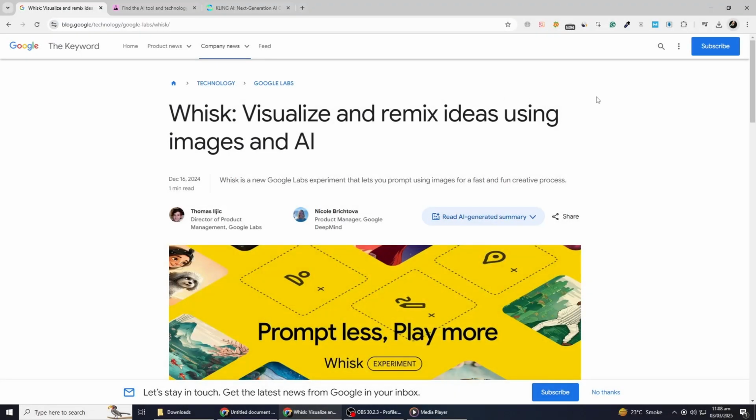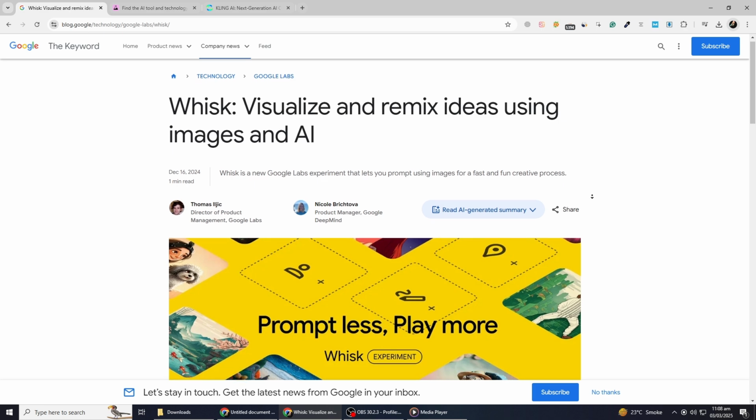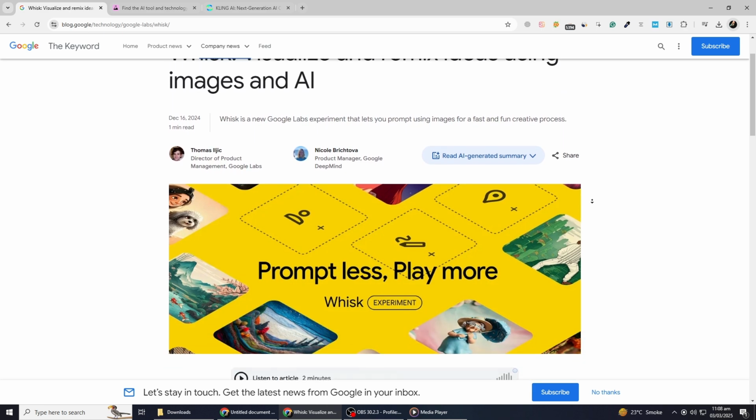Hello everyone. Welcome to this comprehensive tutorial on how to use Google Whisk AI image generator to create stunning images and potentially make money online. In this video, you'll learn everything from accessing Google Whisk to creating images and finding different ways to monetize your